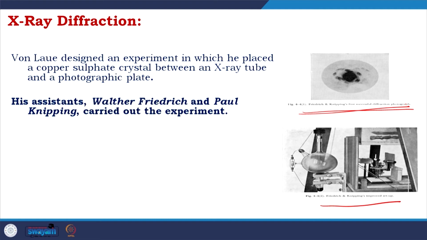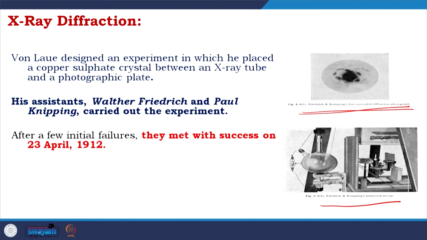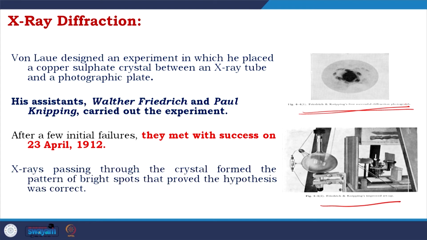Friedrich and Knipping were assisting von Laue for the experiment. After a few initial failures, they met with success on 23rd April 1912. X-rays passing through the crystal formed the pattern of bright spots that proved the hypothesis was correct. The hypothesis was that when you have a crystal,